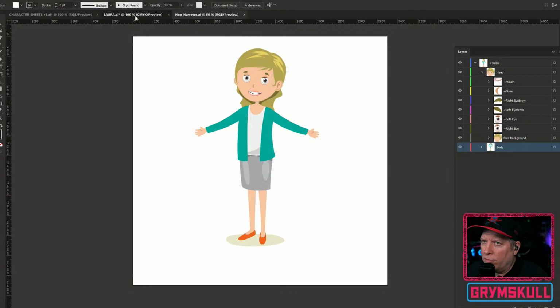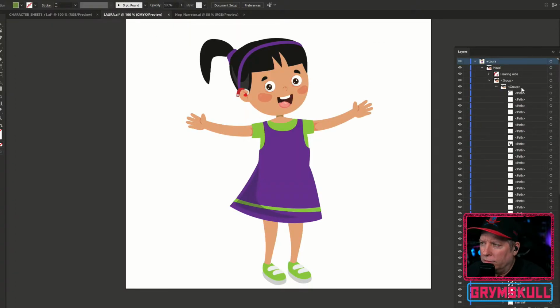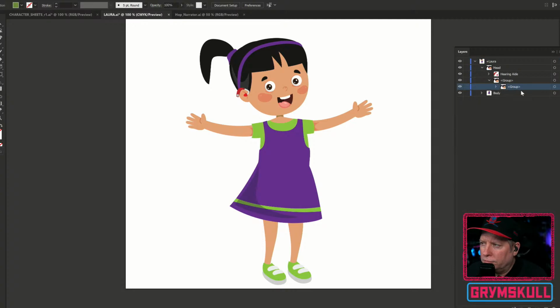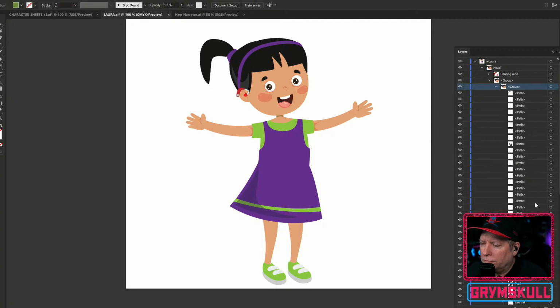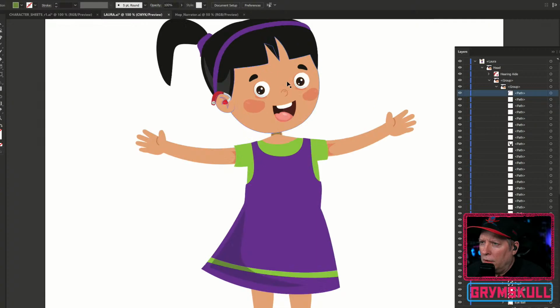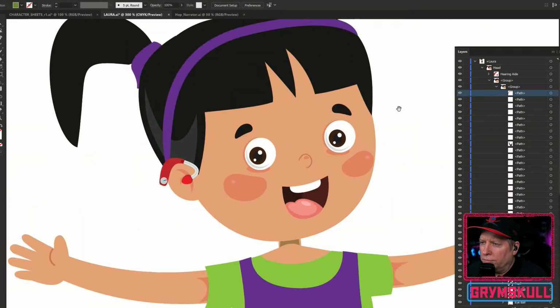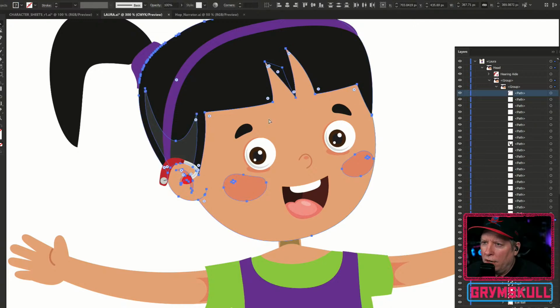So let's start by separating the face background. I'm going to use the direct selection tool and just start selecting some parts: the hair, the headbands, the ponytails, all that stuff.